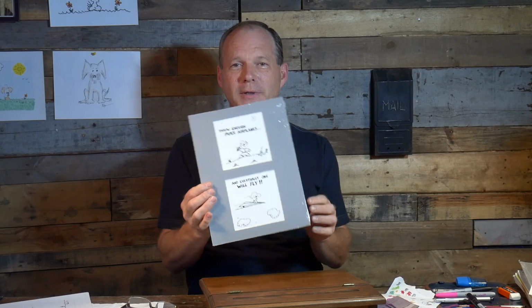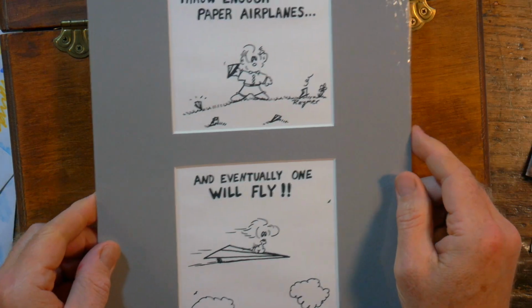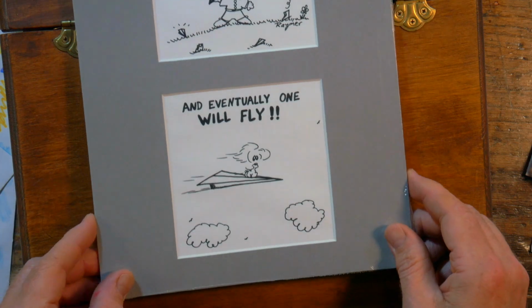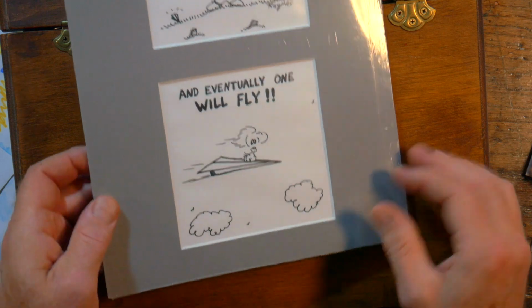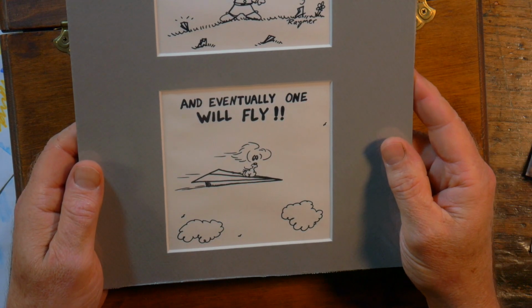if you ever had that in class. And the theme of this first little lesson is throw enough paper airplanes and eventually one will fly. And I'll show you that on the camera above. Maybe we could make sure that that comes in focus. How is that looking? So we have throw enough paper airplanes and eventually one will fly. There's peaches on the paper airplane. So this is one of like an older poster that I made years ago. But I want to just use that as our theme